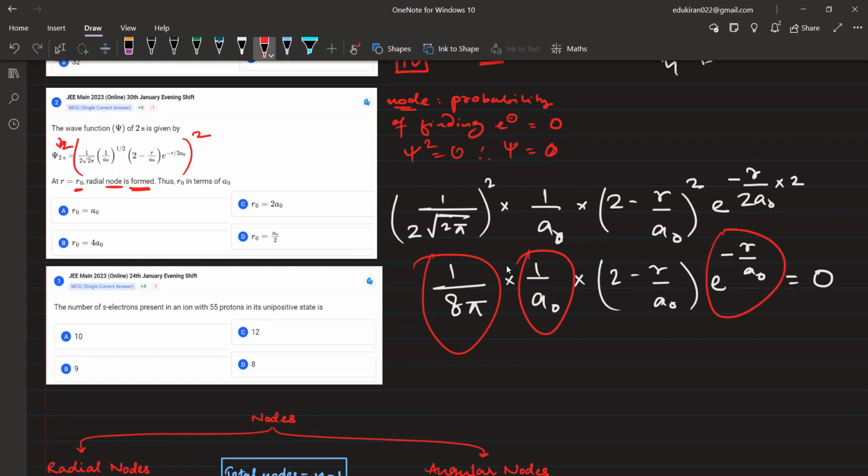Correct है? Yes or no, please tell me guys. Yes, sir. That means only this term can be 0. 2 minus r/a0 will be equal to 0, right? And hence I can write 2 is equal to r/a0, और क्या relation है? r0 will be equal to